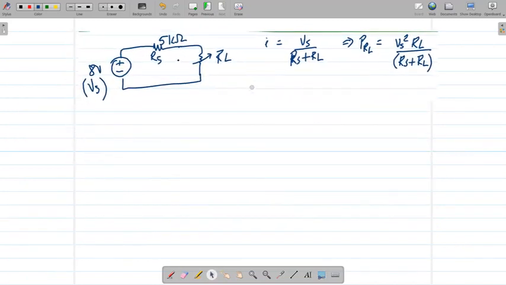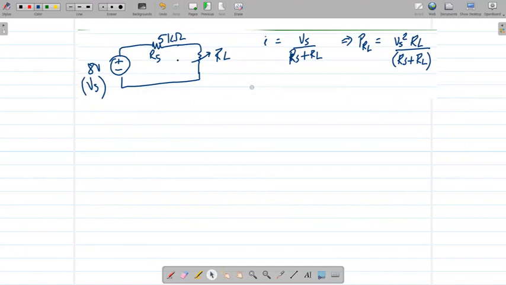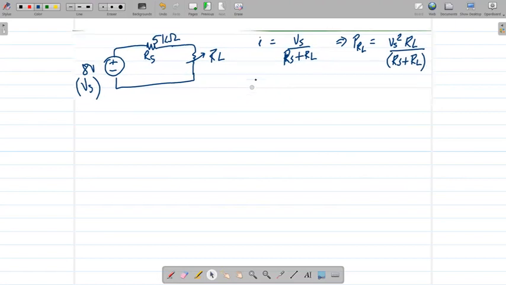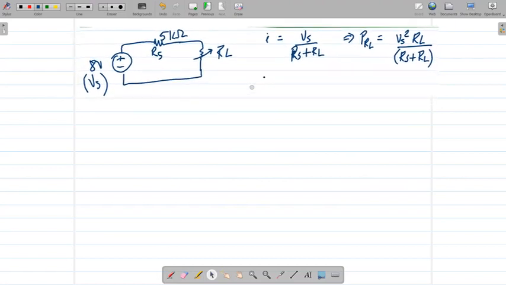That's quite a convenient feature. And what we are going to do is find out what's the maximum value of RL. So I know that at the maximum value, if I take the derivative, dP over dRL should be equal to 0. Okay, so this is a standard technique. You take the derivative of something and you equate it to 0, that's the maximum value.